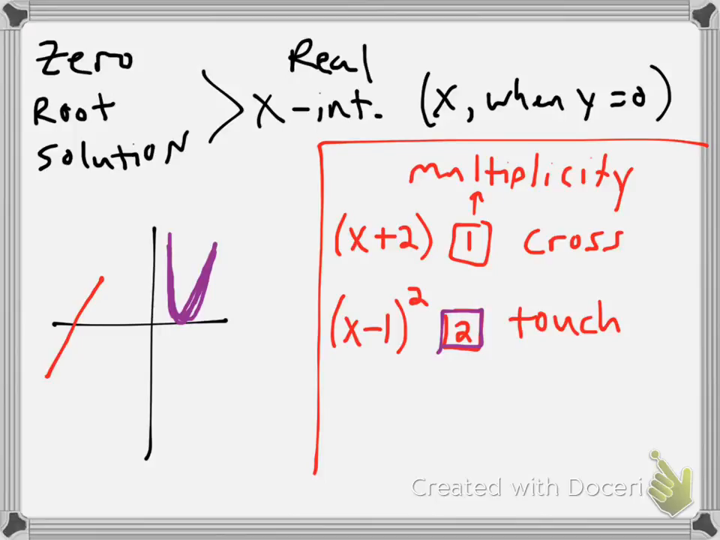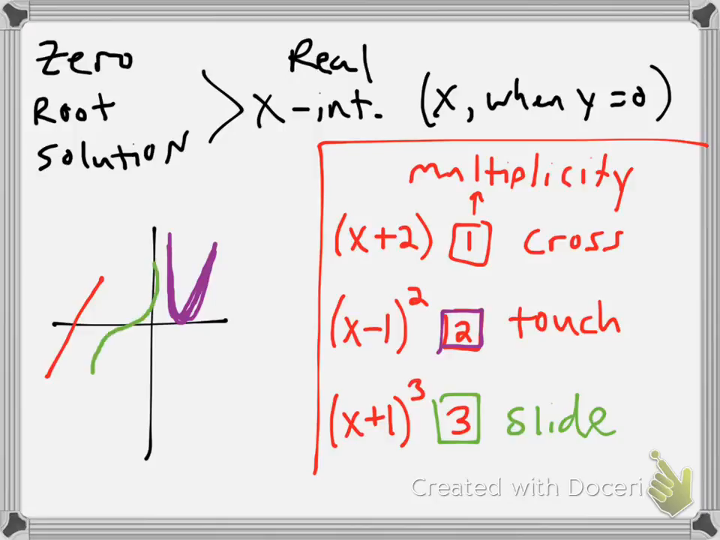Then there's a third, if we were so lucky as to have the same factor 3 times. That means it has a multiplicity of 3, and it's going to slide across the x-axis. It might go like this, like a little slithery S. It crosses, it touches, it's kind of the same, it slides across that x-axis. With those 3 things in mind, it's going to tell us a lot about problems when we're trying